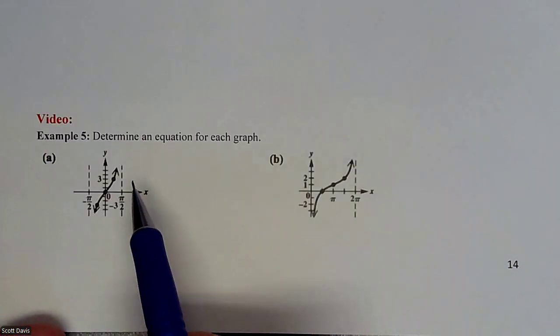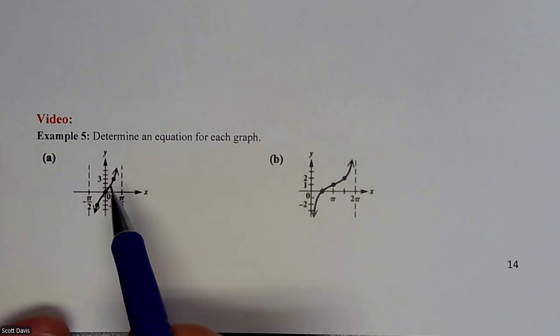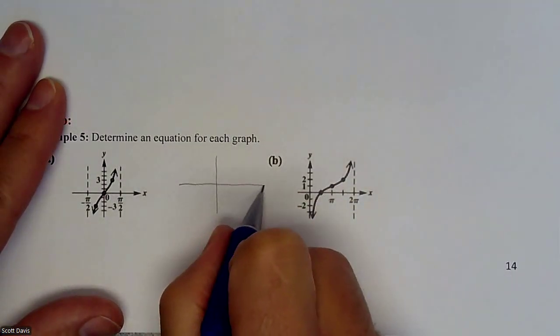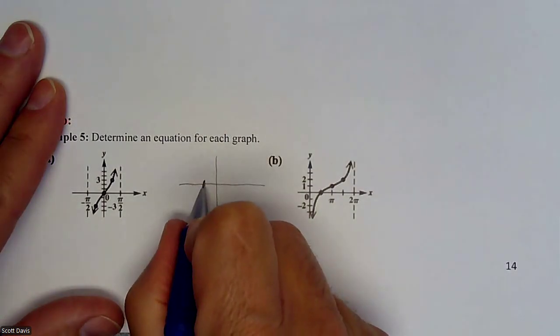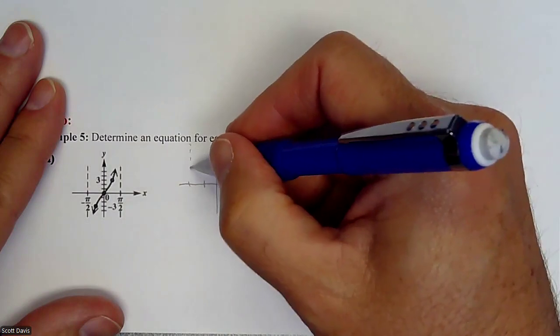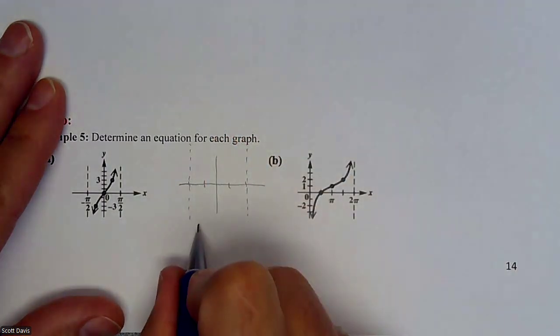In these two examples, we are going to be looking to determine the equations for these visuals. They both kind of have this tangent look to them. So just a quick refresher. Here's what all the tangent graphs look like, and everything kind of builds from there. We have an asymptote to an asymptote, and the period here